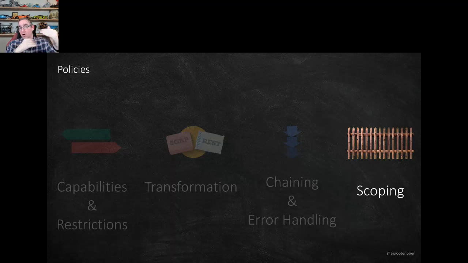The next scope would be your API itself. And here you would probably set something up like authentication or things like that. So with your whole API saying, for example, this is my HR API, I always need to use OAuth on this. That would be where you would configure that. And then finally is your operations. Your operations are really like your post, your get, or something like that, where you might say, I want to implement caching, for example, on all my get operations. So I can just implement this policy on my get operation. And then for that one operation, it would actually start caching those responses.